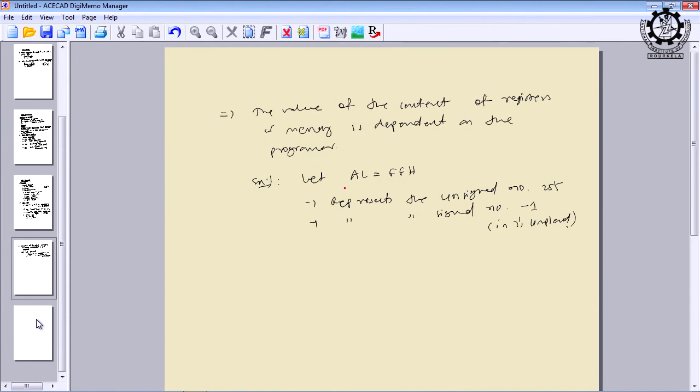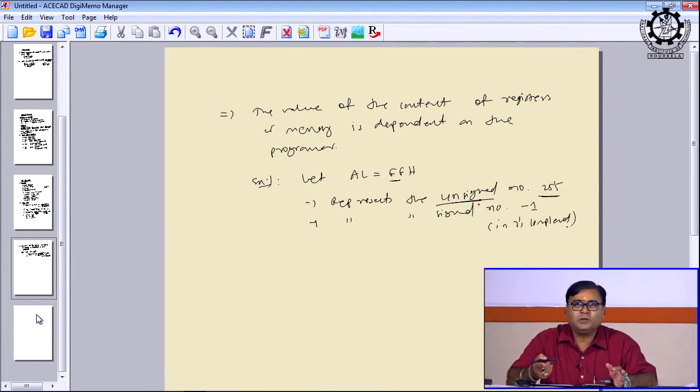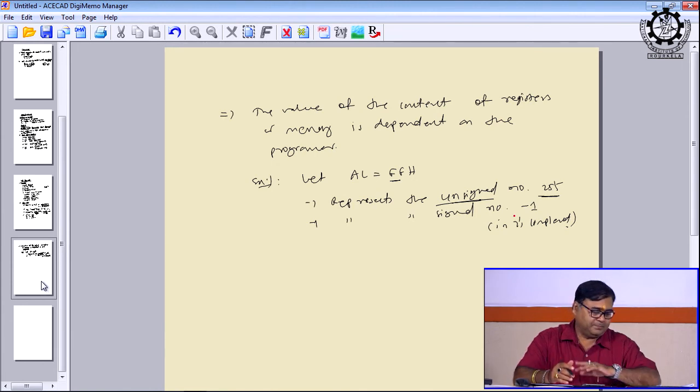For example, if I store FF into AL, AL is just an 8-bit register and FF is also 8-bit data, so there is no problem. But the same value has the value 255 as an unsigned number. How is it 255? Just convert FF to decimal and you will get 255, and the same number also represents -1. So, the same number you can take as a negative number and also as a positive number. In what context you use it in your program, therefore, depends on the programmer, not on the assembler directive, assembler or machine.